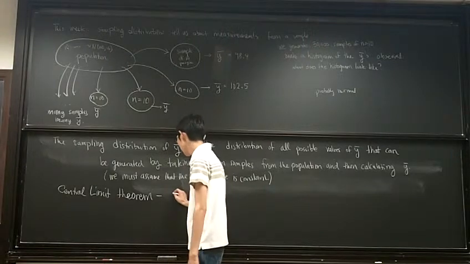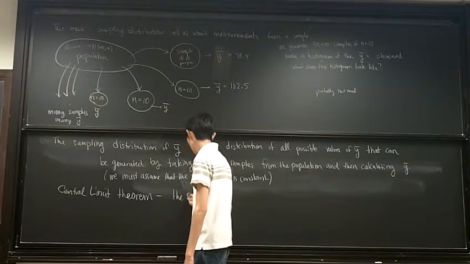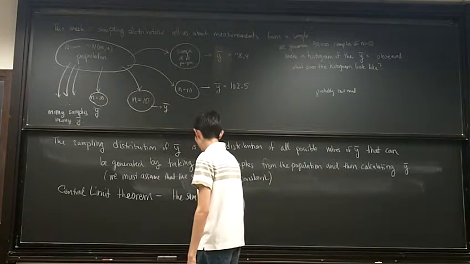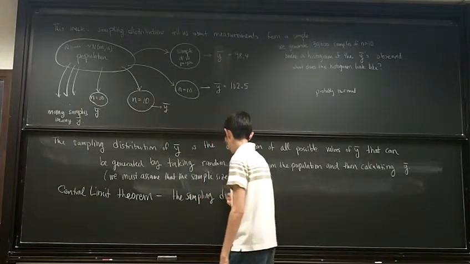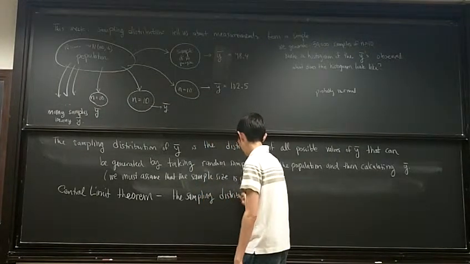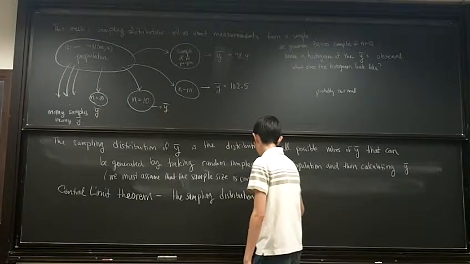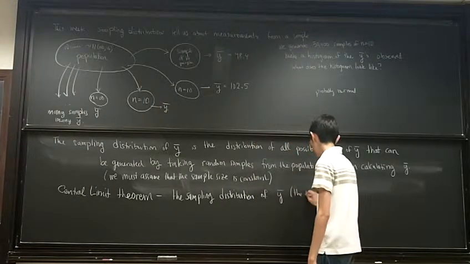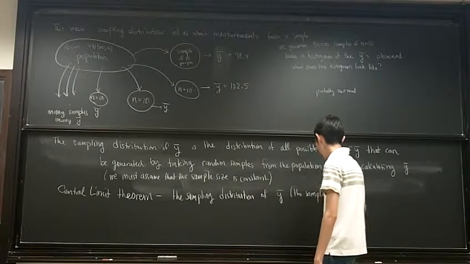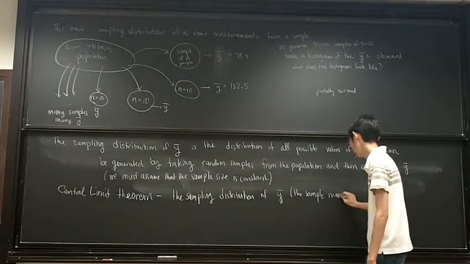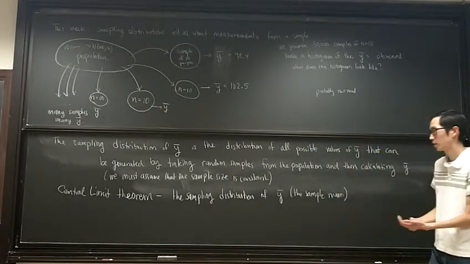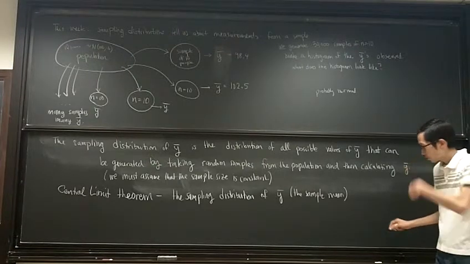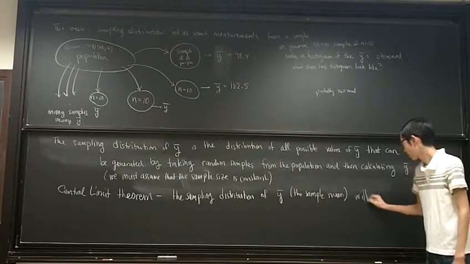Basically, this says the sampling distribution of y bar, or the sample mean, will